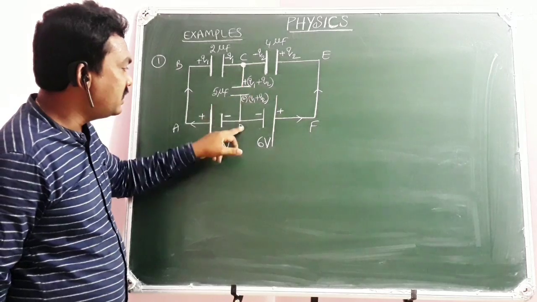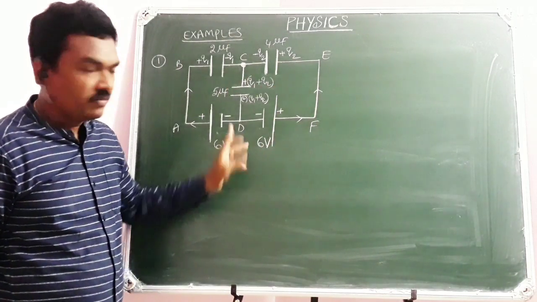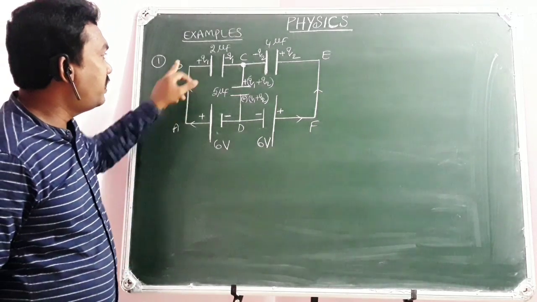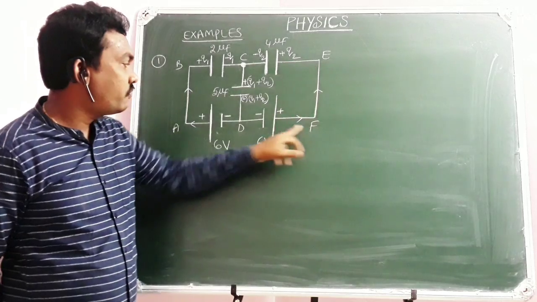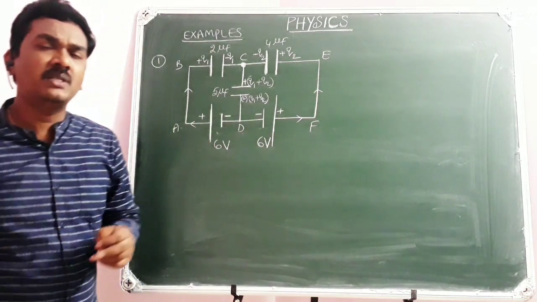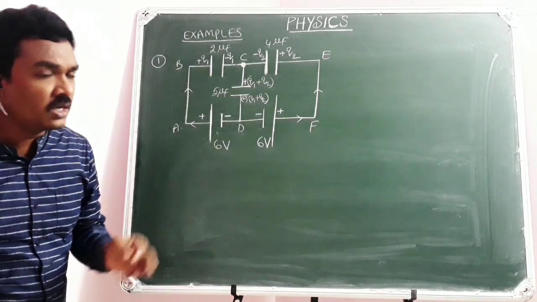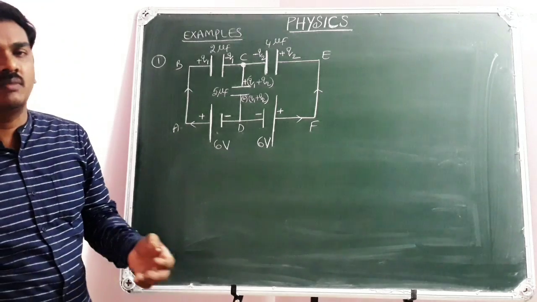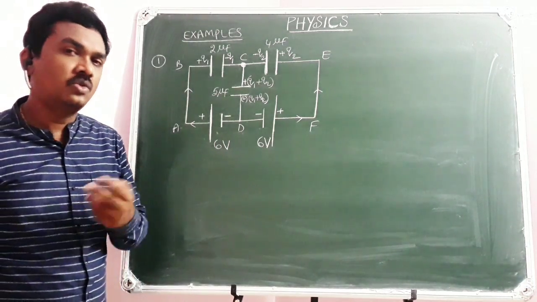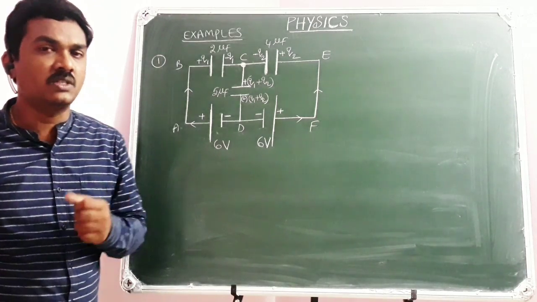A, B, C, D, A is one. C, E, F, D is another one. A, B, C, E, F, D, A is another one. 3 closed loops. So is it compulsory to write the Kirchhoff voltage law equation for 3 closed loops? It depends on the variables. Here how many variables are you finding in the circuit? 2 variables. So 2 equations are enough. So let me study 2 closed loops and write the equations for them.